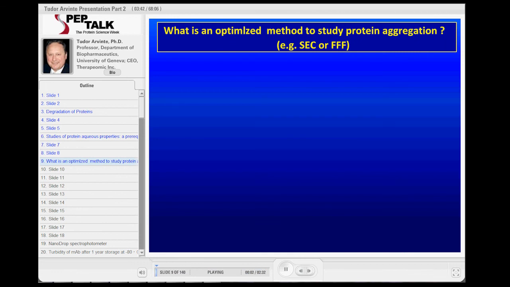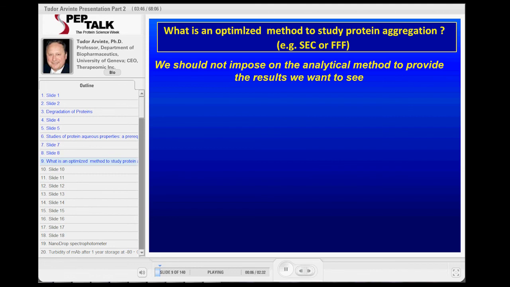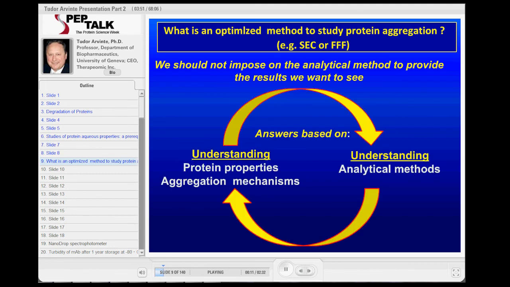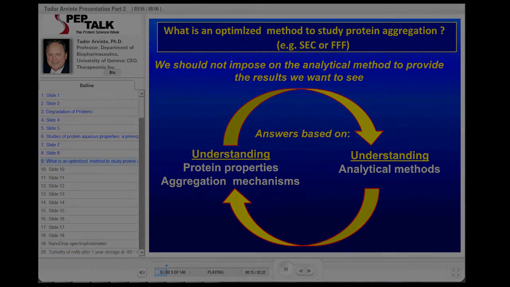This is a general question. We always want to have optimized methods. What is an optimized method to study, let's say, protein aggregation? We should be very careful when we start to think like this. For example,